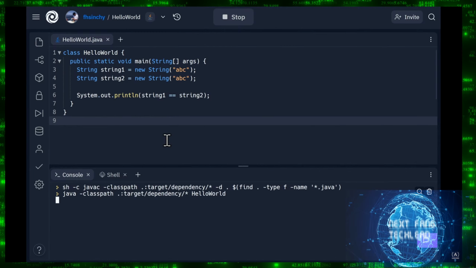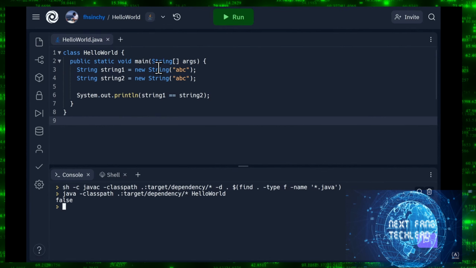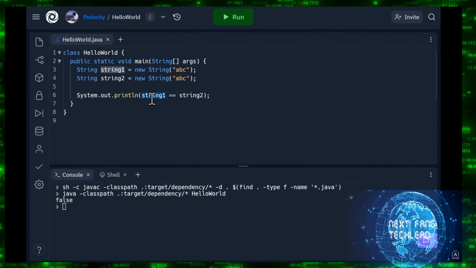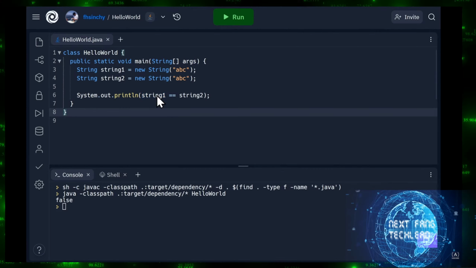This is because even though the value of the two strings is the same, these are not the same object, and the equality operator usually checks whether the object on the left side is same as the object on the right side, or the object on the right side is same as the object on the left side. Now to compare strings, you will have to instead use the